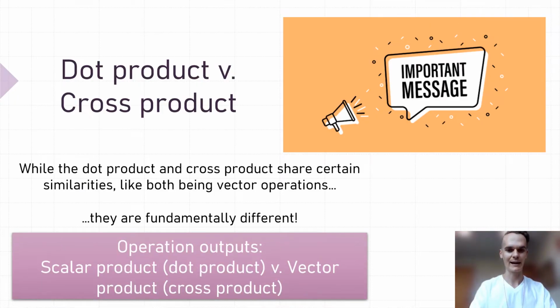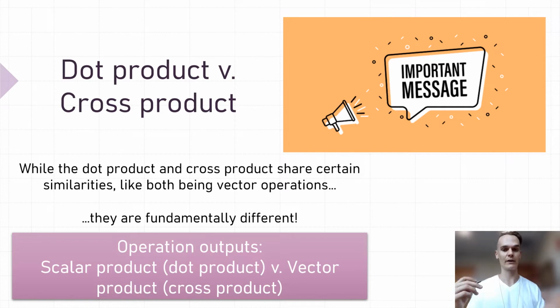The first thing that I want to talk about is that even though as we go through the definition of the cross product and we begin to apply the cross product to problems, we may see some similarities between the cross product and the dot product, for instance, both the cross product and the dot product are vector multiplication operations, the cross product is fundamentally different from the dot product, and they have several differences that we're going to talk about. The big one that I want to talk about first is that the cross product outputs a